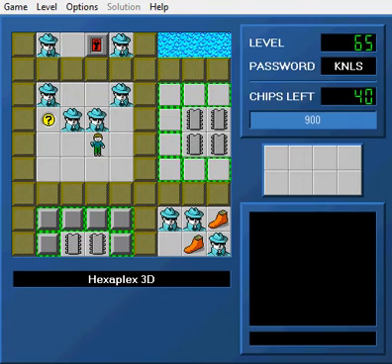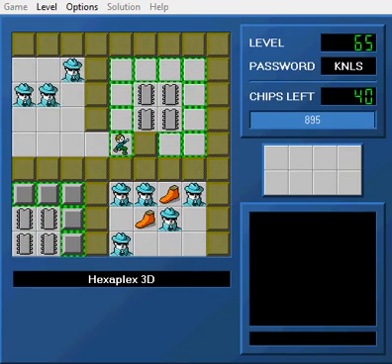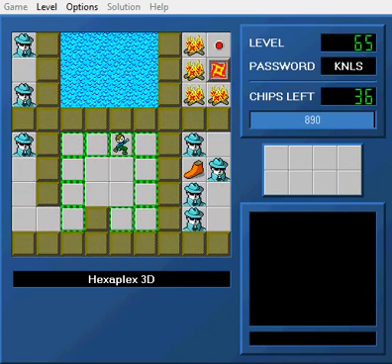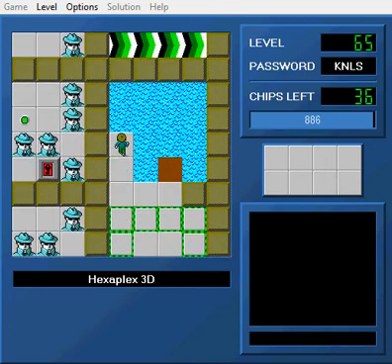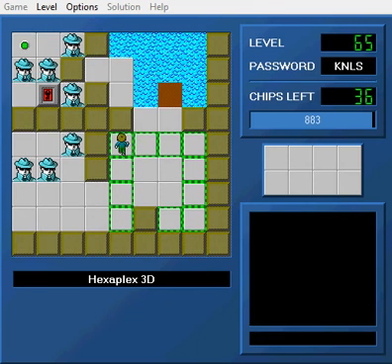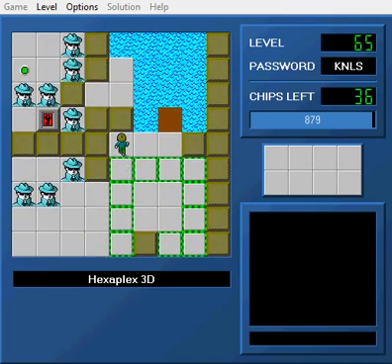Alright, Hexaplex 3D. Blocks from Duplex. All blocks at intersections are immobile. Okay, so this one's an interesting one. Apparently this is a linear level, which I have to say is kind of cool, because when I designed Duplex, not only was it